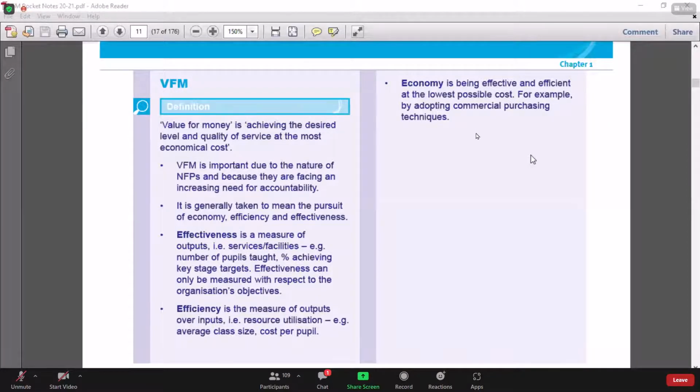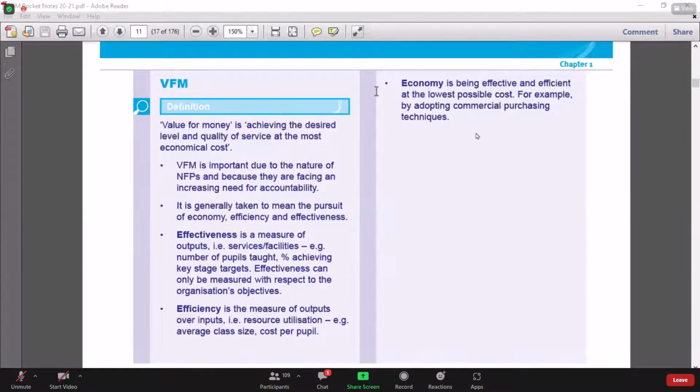I hope you got my question. If I am contributing 5,000 every month to an orphanage, and the major part of my money is utilized to pay salary, it means the orphanage is not providing quality service to the beneficiaries. Instead of providing quality to the beneficiaries, they are paying high salaries to the staff of the organization. So definitely it means there is an issue with the management of the not-for-profit organization.